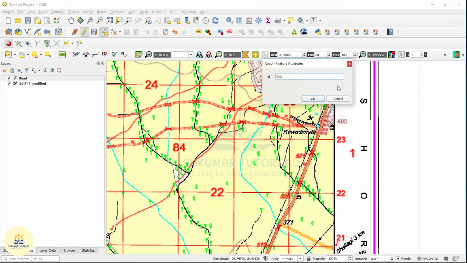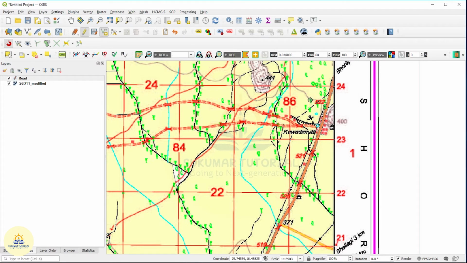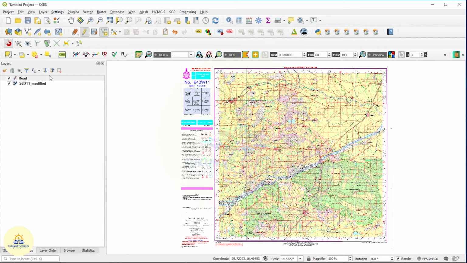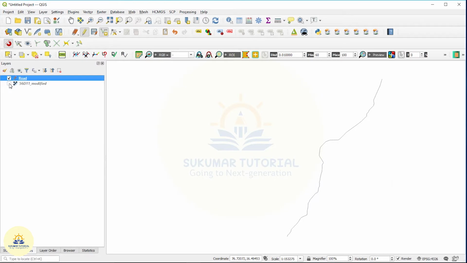If you want to classify, you can give 1, 2 like that, as earlier what we have done in points. Simply I am showing the digitizing, so don't bother about anything. Say OK. Already you have done the digitization. Now I am going to see the full view and make the map invisible. See the line. I have started from here and ended my digitizing here.